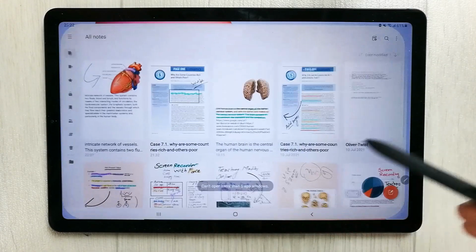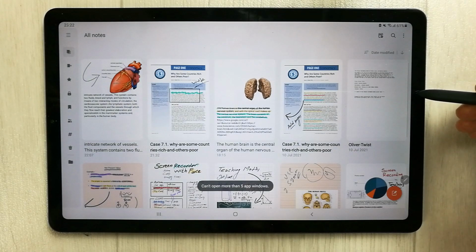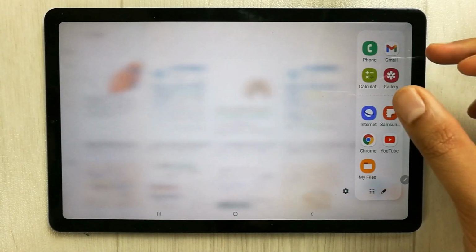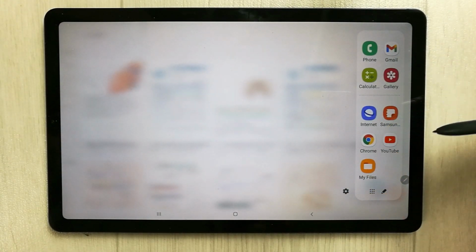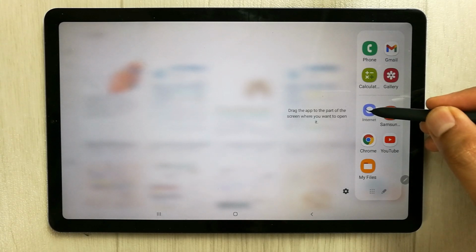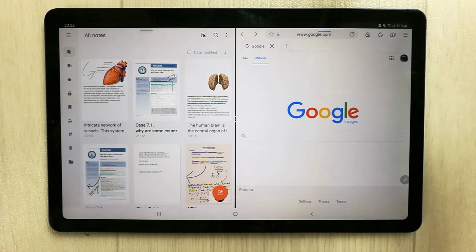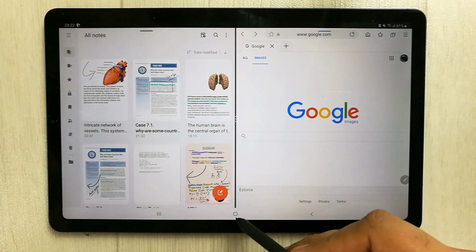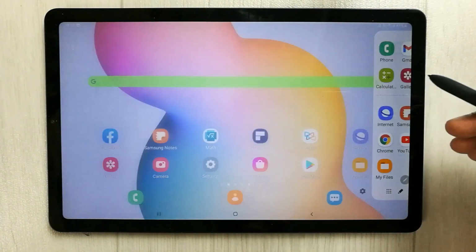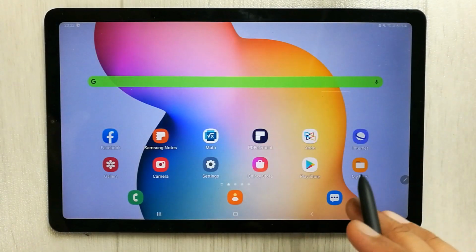So guys, many people are asking me how they can enable this side screen edge panel for the split screen and multitasking features. So for example, I put it over here, this internet, so I can have this split screen option. So what you have to do to enable this side screen, first of all you have to go